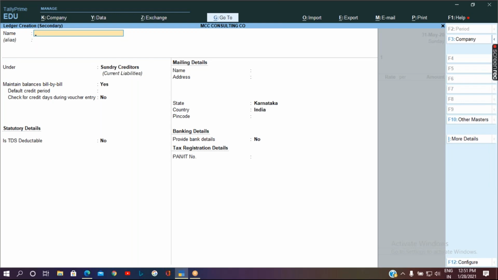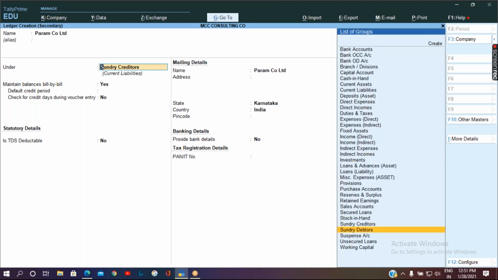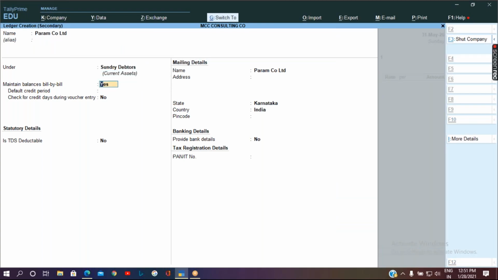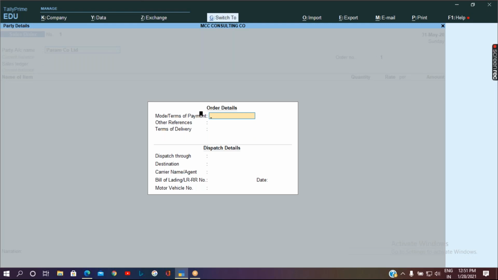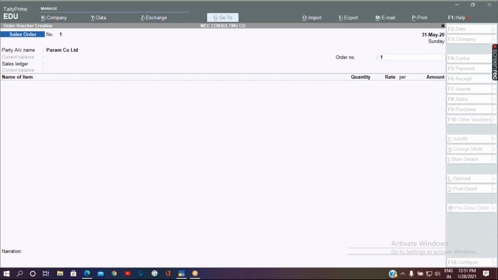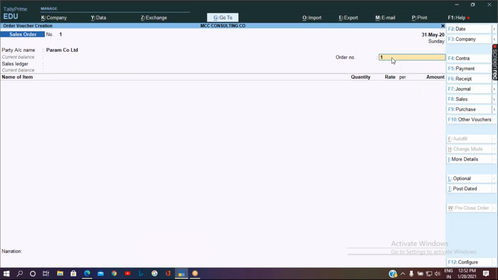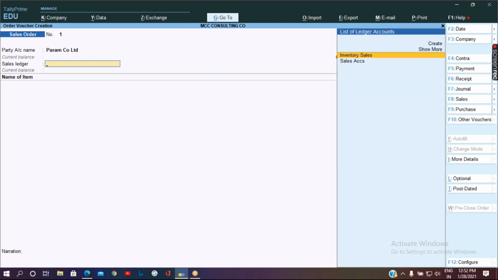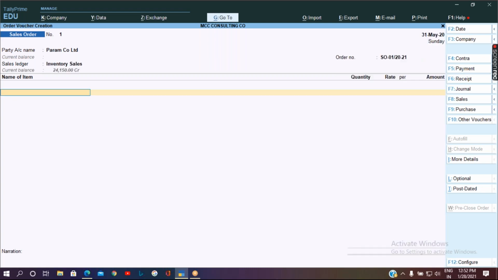Let's create one ledger under sundry debtors and give the order number. Let's give the format. Sales ledger.